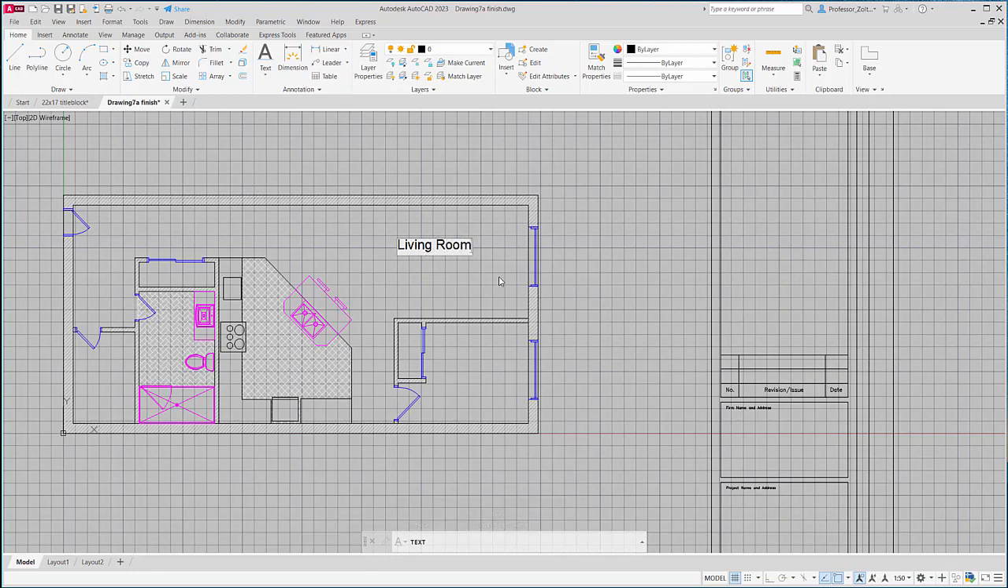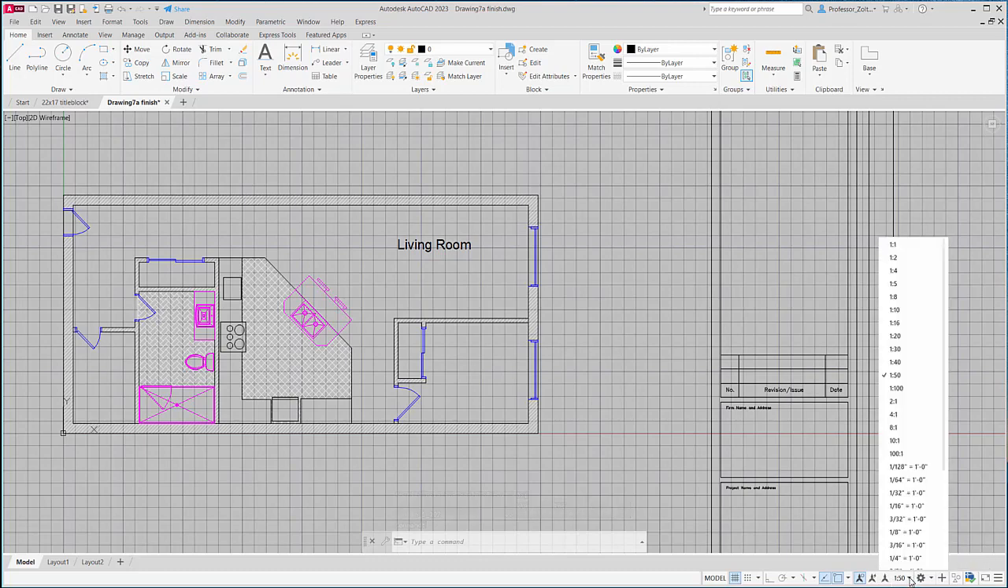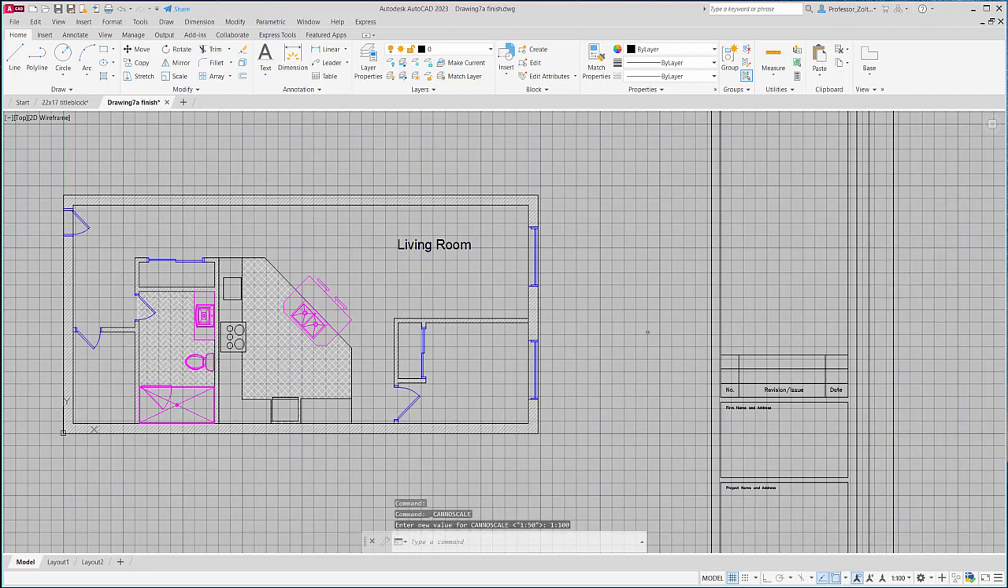And then click off the work. And this information is 5 millimeters high. How do I know that? Well, with annotative text, it looks at the drawing scale that we have picked down here. Okay, that's interesting. So if I picked a different scale, let's say I was at 1 to 100, and I